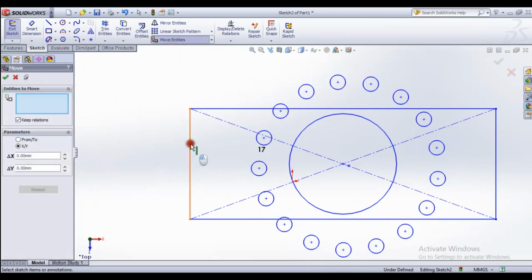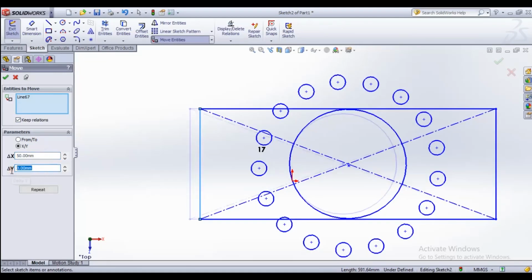Now we can see this one, entities from to keep relations. We can keep relations here. I will teach you what these relations are and how they are useful for us in future, and what type of relations we can build in these things.